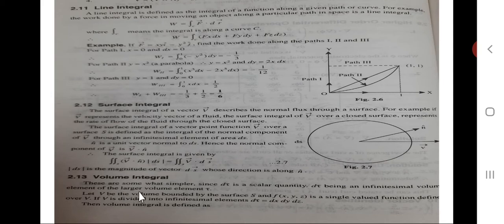Now third one is volume integral. These are somewhat simpler since d tau is a scalar quantity. d tau being a volume element of the larger volume tau, let V be the volume bounded by the surface S, and f of x, y, z is a single valued function defined over V. If V is divided into elements d tau equal to dx dy dz, then the volume integral is defined as